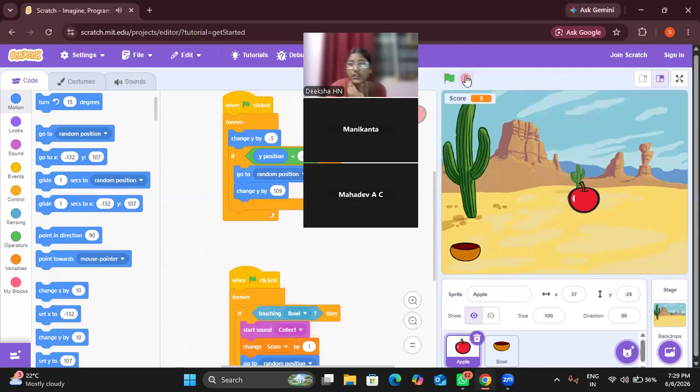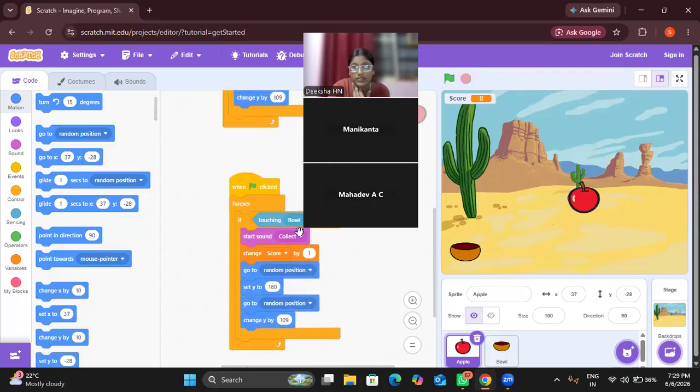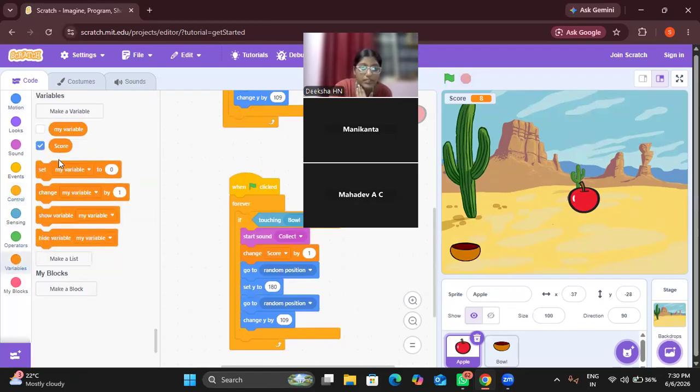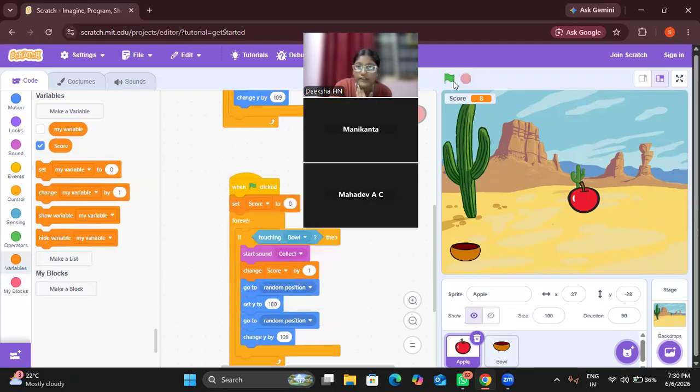Yeah, you can see now the score hasn't changed to 0. So for that, you can go to variables and take set score to 0 and paste it here, score to 0. And whenever I click the green flag, it will be set to 0, and it will start increasing. And if I click the green flag again, the score will be 0. This is how you create an